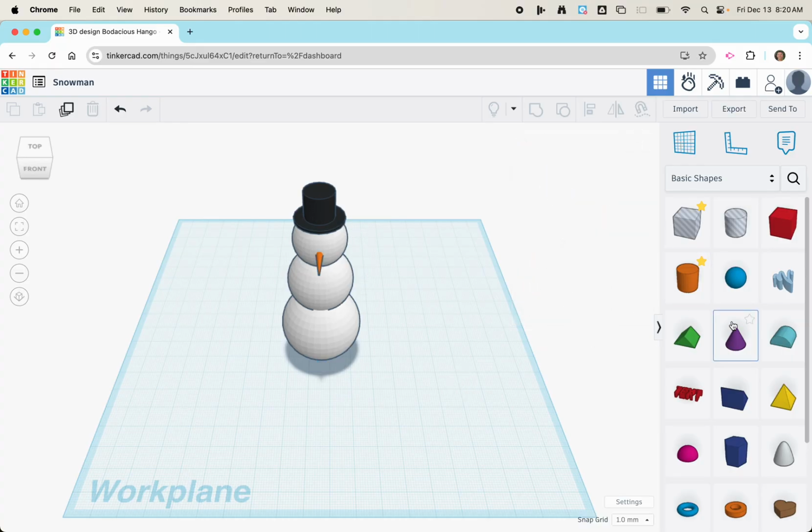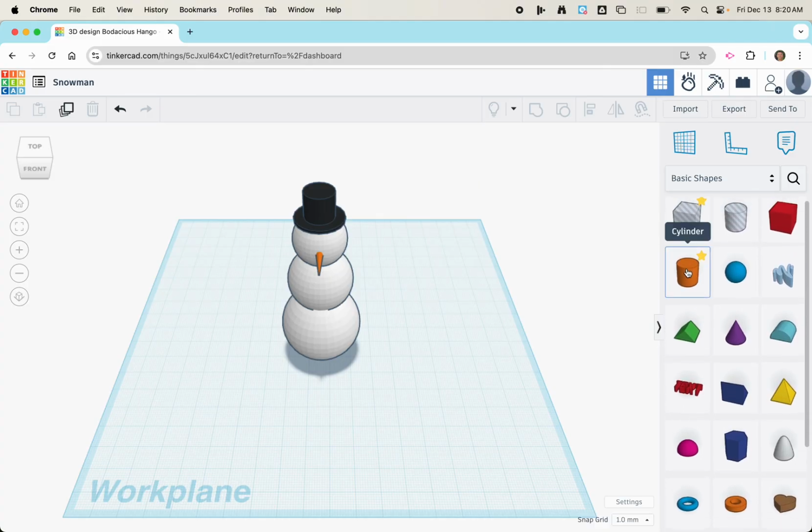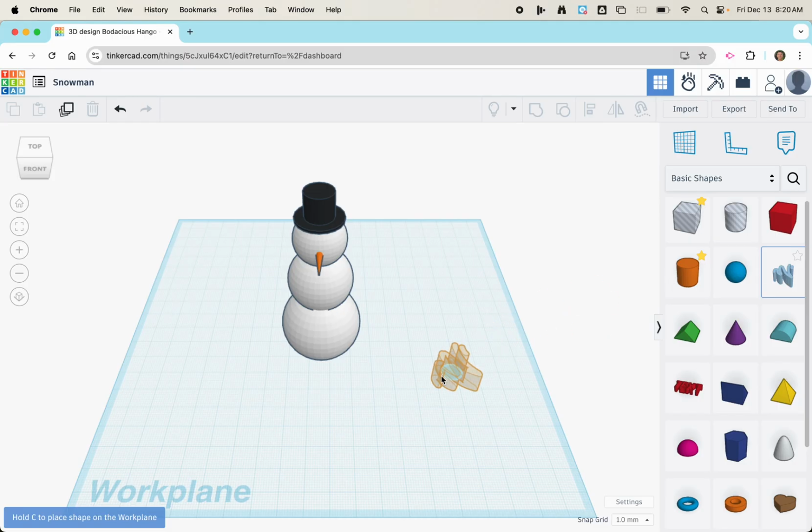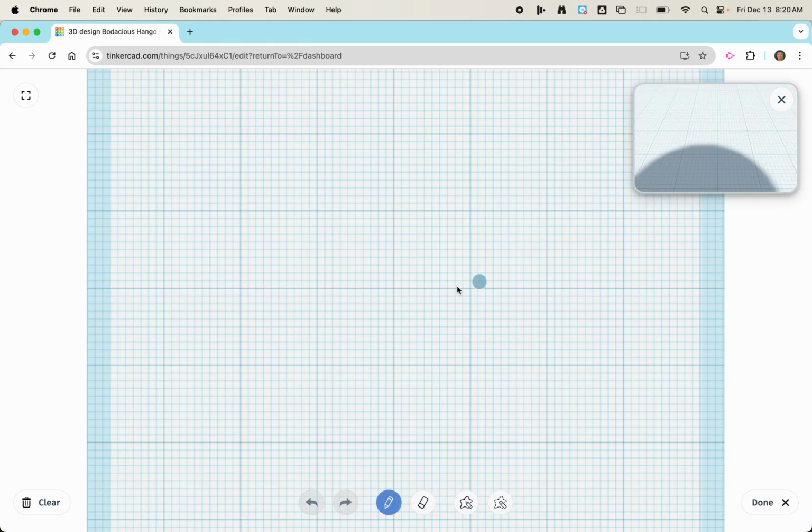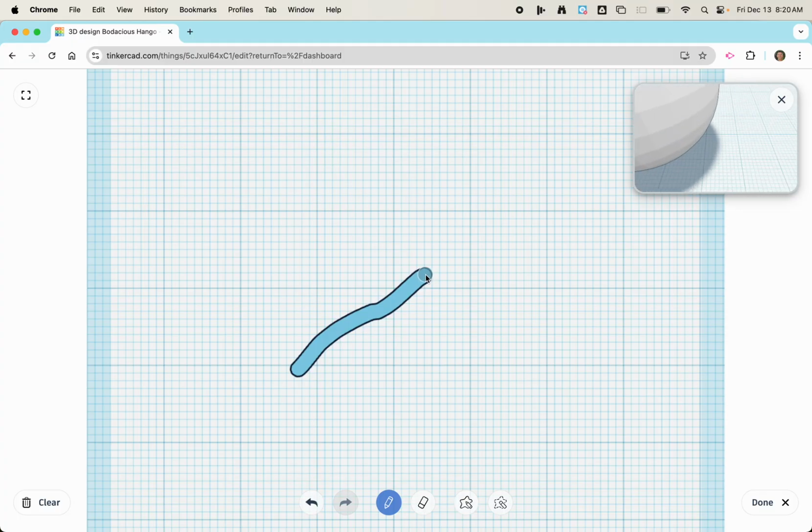I'm going to leave it up to you to put the eyes and buttons in, and actually, no, I'm going to show you how to do the arms as well. And there's several ways you could do it. You can make arms out of a long, thin cylinder and then add some fingers, or you can use the scribble tool. So I thought now would be a good time to show you how to use the scribble tool. So let's put it down, and I'm just going to draw a little, that's supposed to be a stick, and then